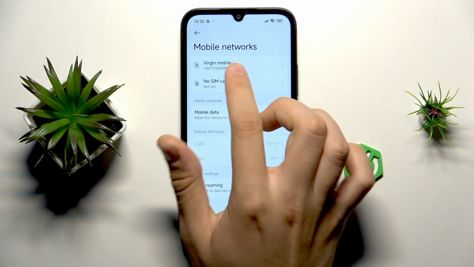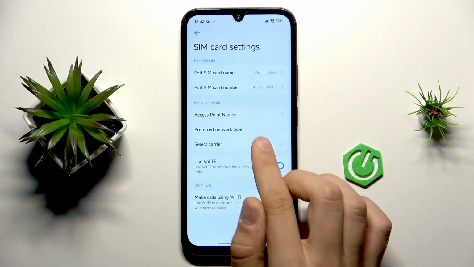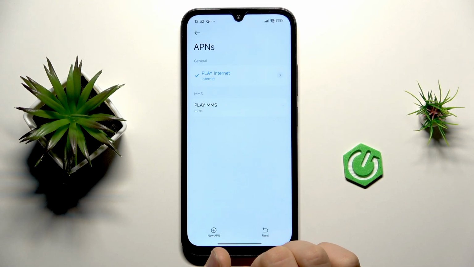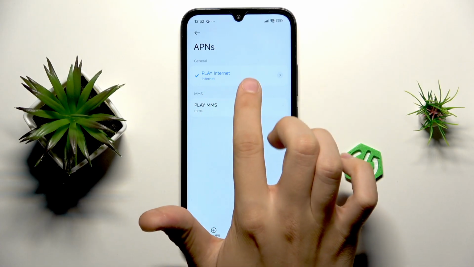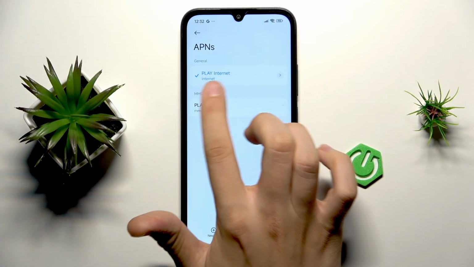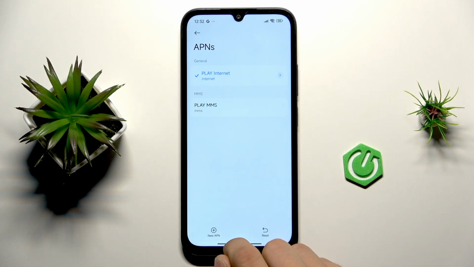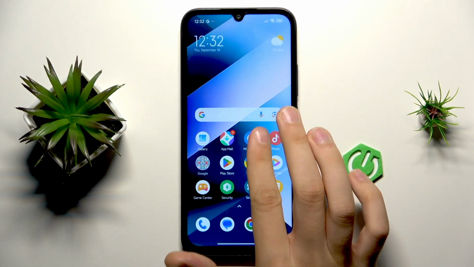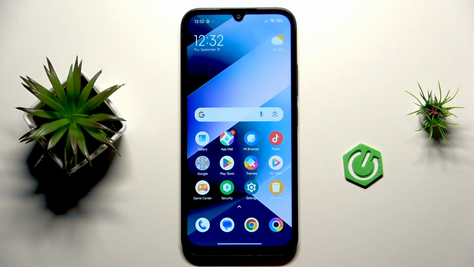But if it didn't, tap your SIM card at the top, tap access point names, and here you should have checked this first one, general internet code. This is the good one. Now everything should work fine, but if it doesn't, I'd recommend to check the